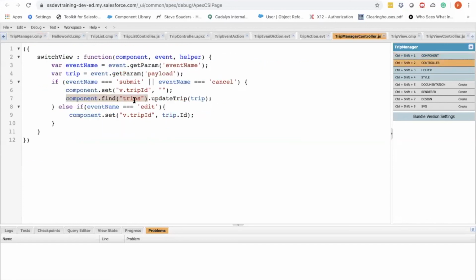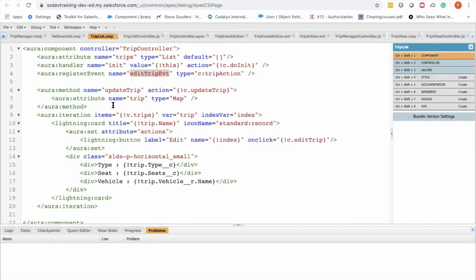So component.find returns the instance of the component that is in memory, and through that I can access the properties of the component as well as the methods of the component. Over here, I'm directly accessing the method. So I'm calling the update trip.